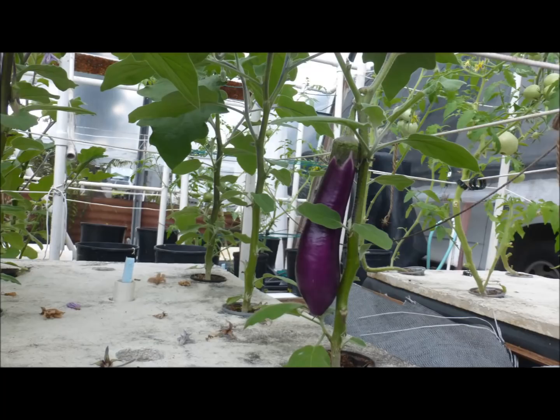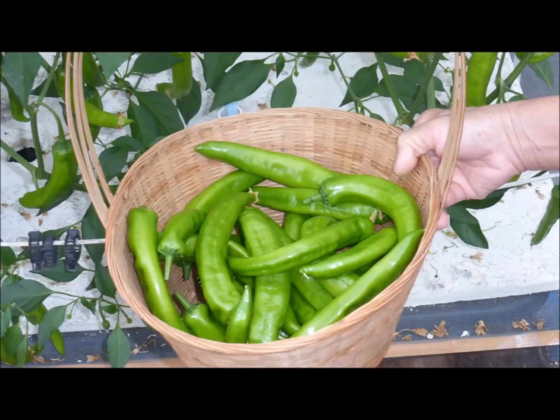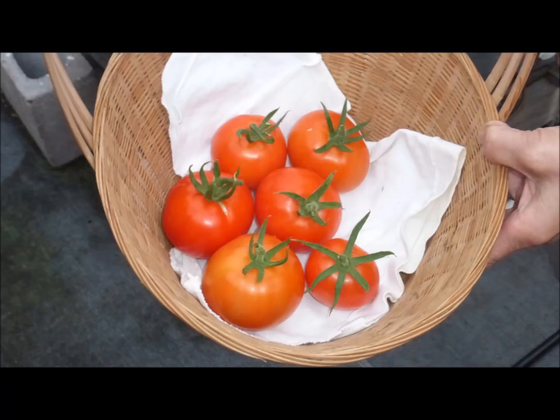Someone asked me if eggplant could also be grown by this method. Well, the answer is yes. I'm sure you folks will make improvements to these growing methods for peppers and tomatoes, but for now, I bid